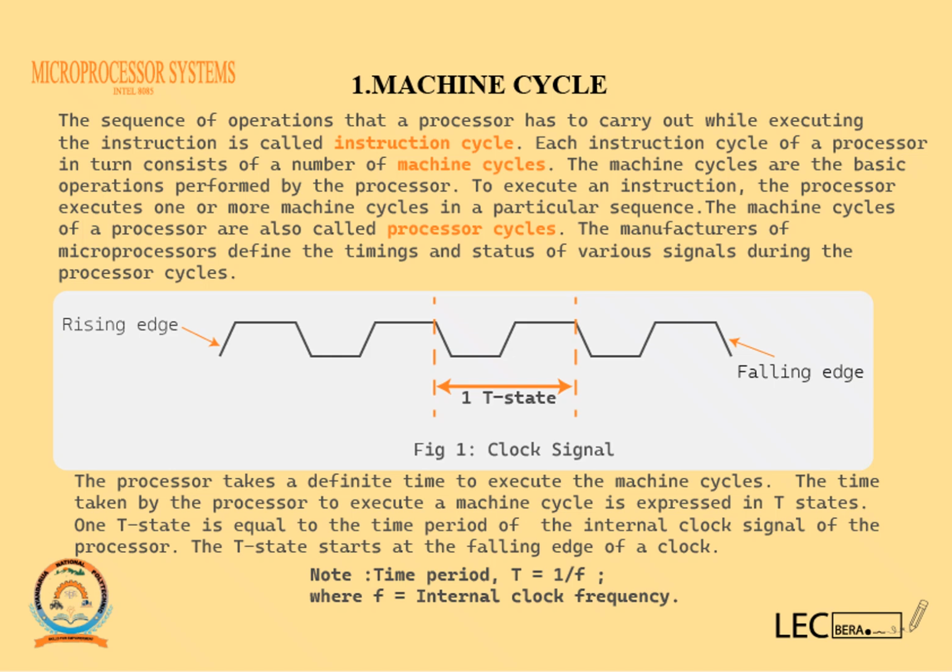And how do we time these activities? We use what is called cycles. So cycles are signals. These are signals which are generated by what? By a crystal oscillator. It's a signal which contains a rising edge and a falling edge. This signal is generated by a clock, which is normally referred to as a crystal oscillator. And this is used to guide the microprocessor, to do the timing functions of the microprocessor in order for the microprocessor to carry out its